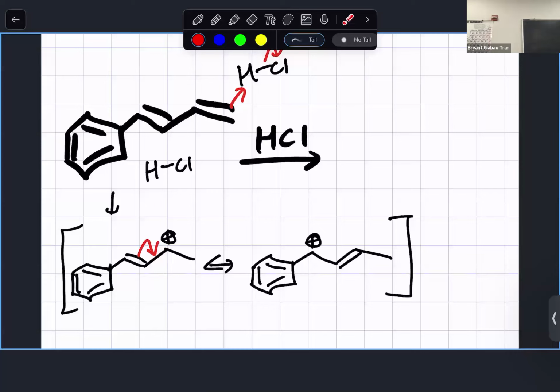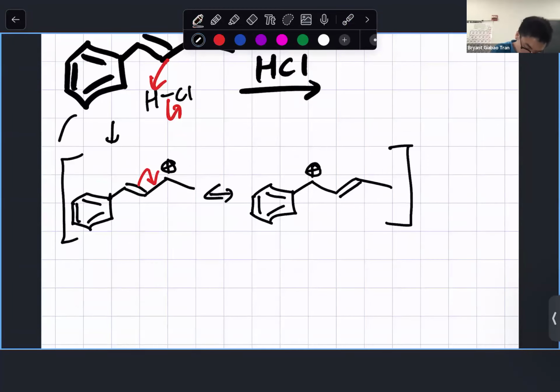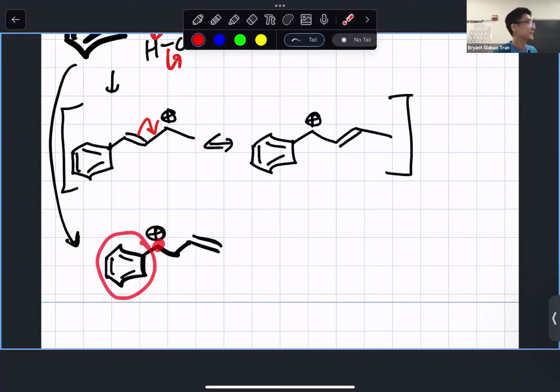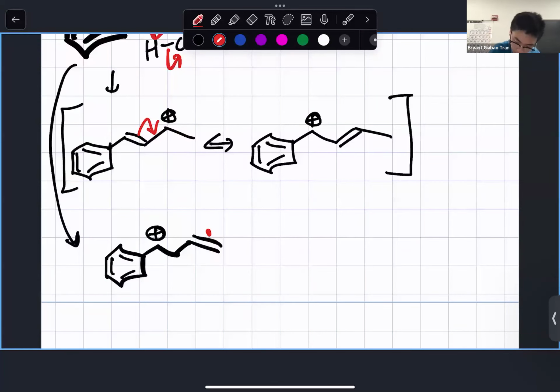So if we want the carbocation on the left side, we are going to protonate the right side. So that right side is going to grab the hydrogen, kick out the Cl, and give us that carbocation right there on the benzylic position. This is the benzylic position because it is right next to the benzene. Right there. Right. That can do resonance with the